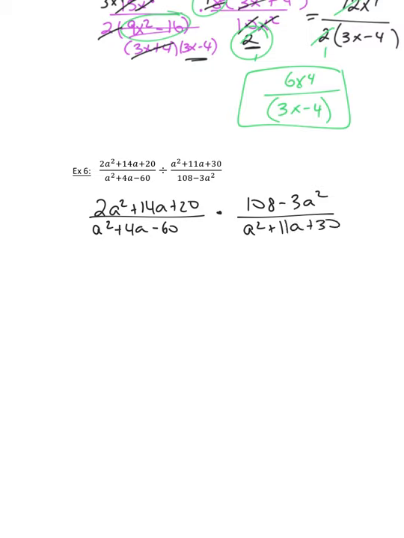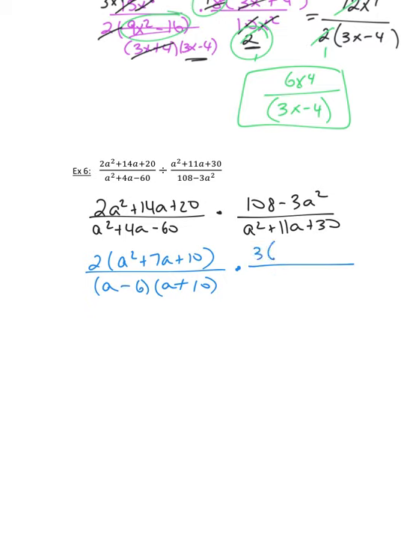And I'm going to factor. I have in the first fraction in the numerator a GCF of 2. So 2 comes out times a squared plus 7a plus 10 over, denominator doesn't have a GCF. I'm going to go straight into 2 binomials. I have a times a, and 6 times 10 is 60 with a positive on the 10 and a negative on the 6. In my next fraction, the numerator has a GCF of 3. 3 times 36 minus a squared. My denominator here does not have a GCF, so it would be a times a and